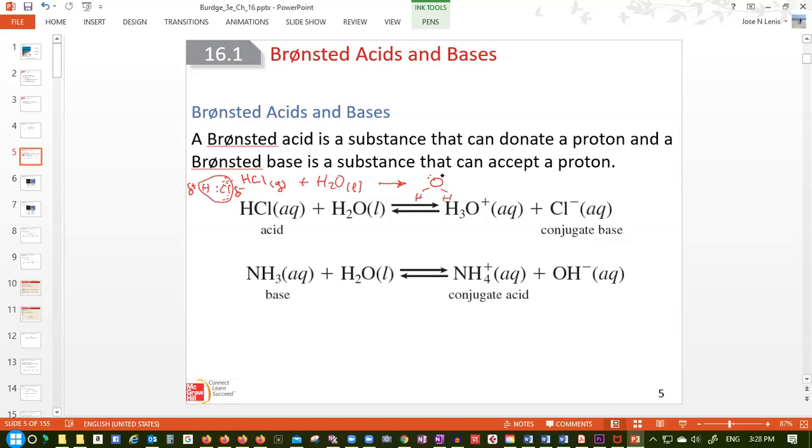So the water molecule has two pairs of non-bonding electrons and is willing to accept the hydrogen. So those electrons take the hydrogen there, to form this species that we call H3O+, and the name of this is hydronium